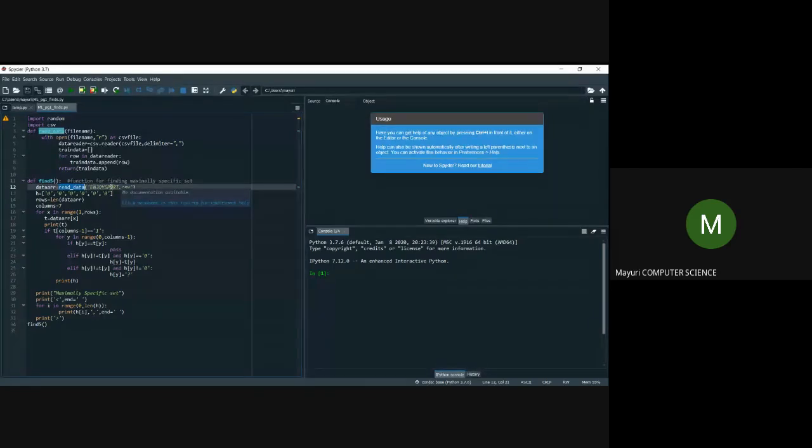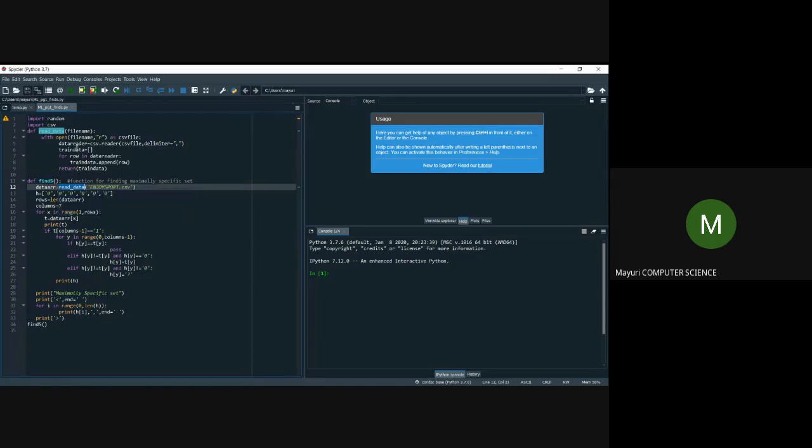Which file name are you reading? You are reading the CSV file name. That means you're going to read the complete CSV file, where comma separated values are there, every row, and I'm assigning that to the data array variable. I don't need to declare the variables here. Based on the type of the variable, it automatically changes. Here the type is an array, because the CSV file is an array type, so the data array is a variable which holds the strings.